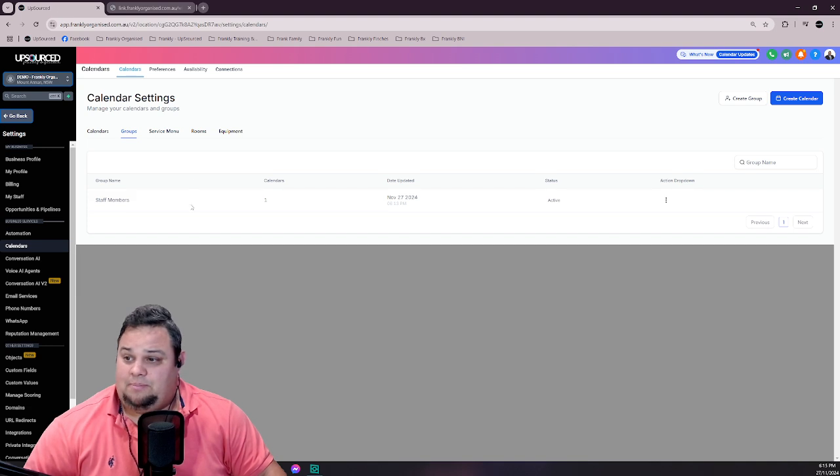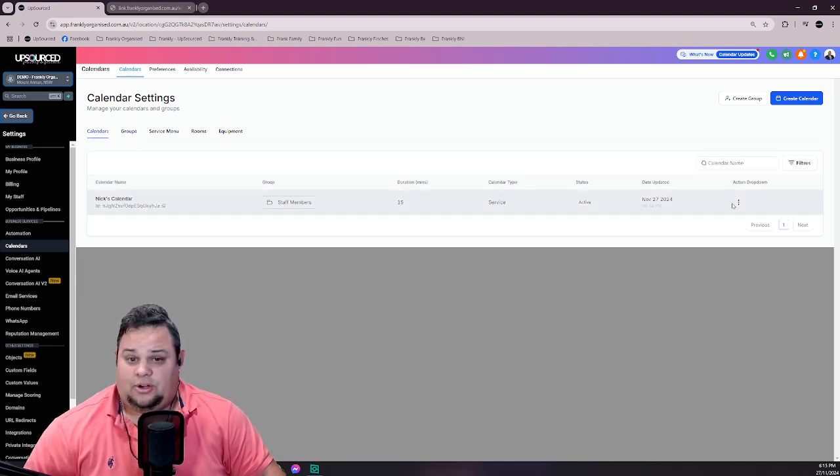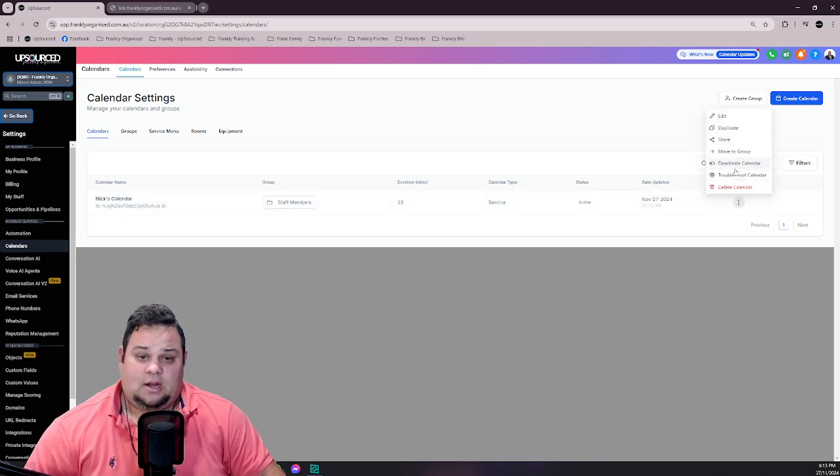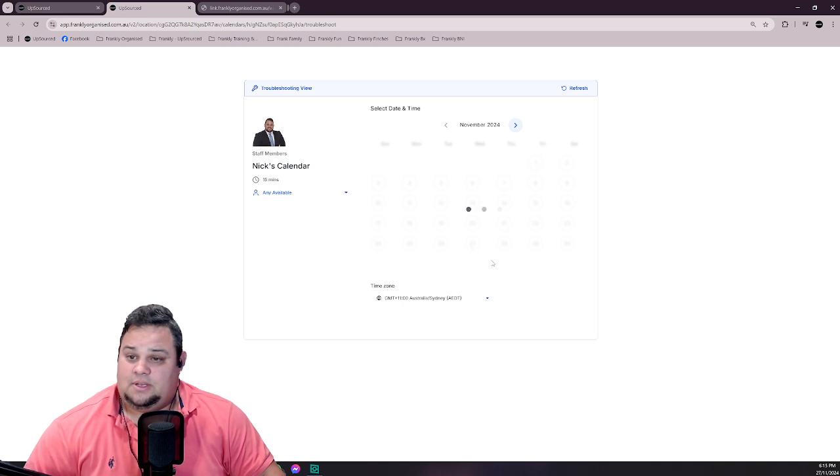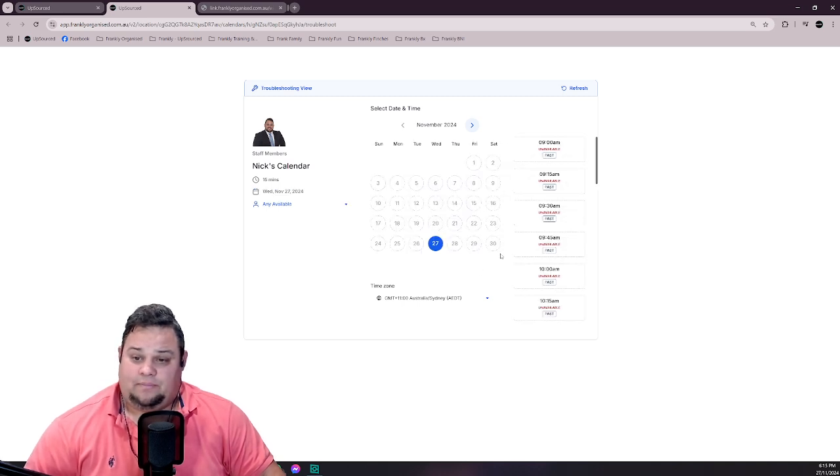If you're back in the calendar, click here and go to Troubleshoot Calendar. It'll open up your calendar just as you viewed it here. It's going to show that calendar when it loads. If you click on it, it's going to show that they're unavailable. Well, why are they unavailable? If you want more information on that,